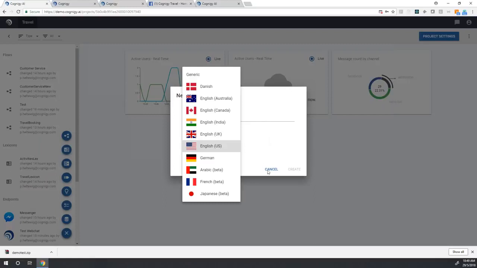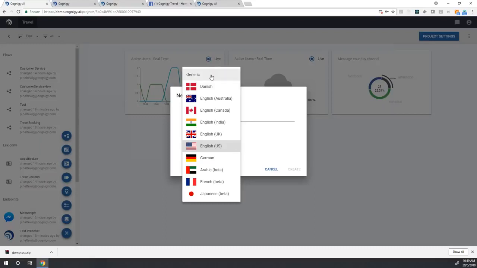The languages that are not in beta support full Cognigy NLP. The languages that are in beta either use external NLP, like, for example, things like Alexa Skills Kit for Japanese and French, or they use our generic language.